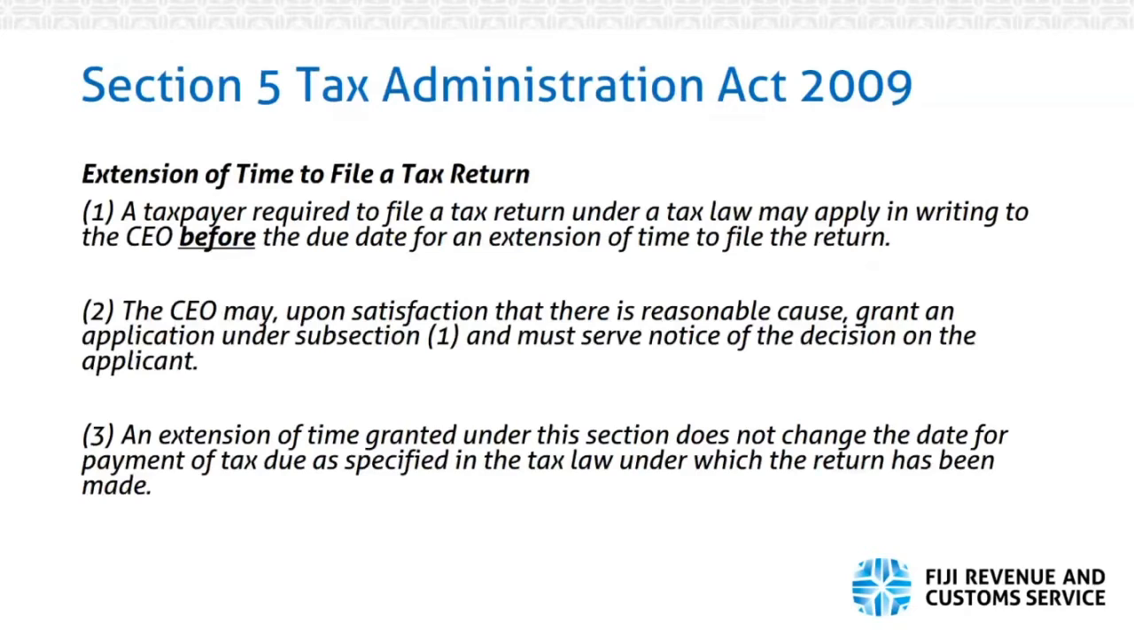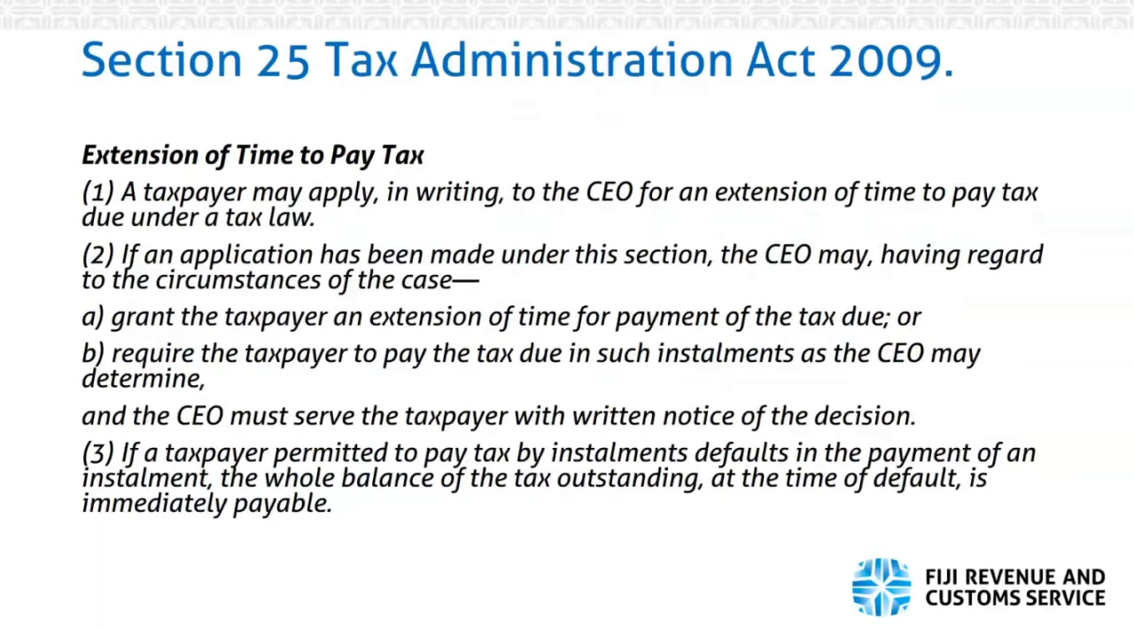First is extension to file a tax return under Section 5 of the Tax Administration Act. Before a tax return is due, taxpayers are allowed to request an extension based on the reasons they articulate in their request. That can be done in the system when it is live. Likewise, for the payment of outstanding taxes, under Section 25 of the Administration Act, you can request an extension or an installment or payment arrangement that can be agreed upon with